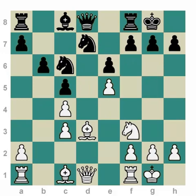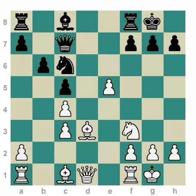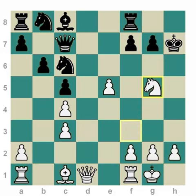So the combination worked. Now I will change the situation a little bit. So let's say I'll put the queen on c7 and I will get rid of the pawn on e6 and I will get rid of the knight. And let's say I put the knight here. So now, if white plays the same combination,